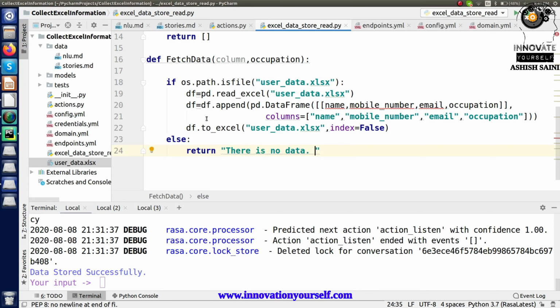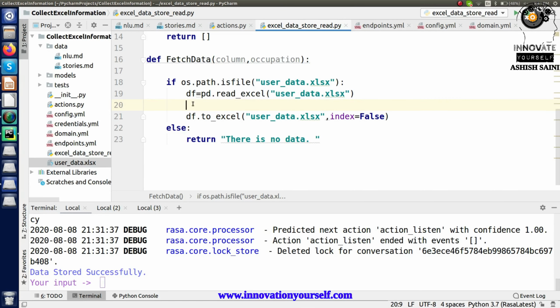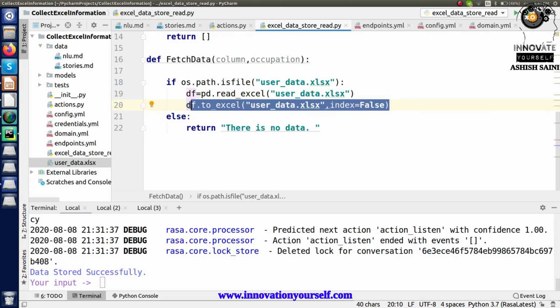Similarly, now I have to do this part. I have to read the Excel sheet first. So from that Excel sheet, you have to extract the information, and let's say I'm going to extract the data and store it inside data. So for that I'm having this data frame. So from data frame, what do you want? Whether name, whether email ID, whether number or anything, that will be coming from here.